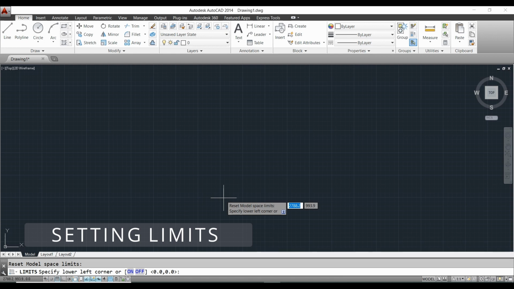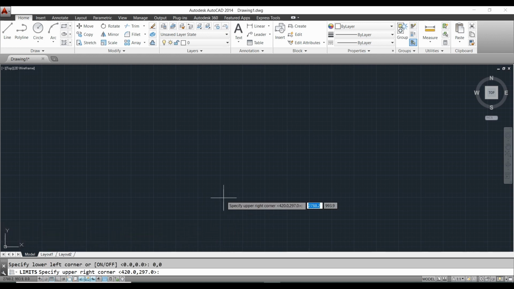Let's set the lower left corner as 0, tab 0 and press enter. Now it is asking for the upper right corner. Here it depends on our drawing. For example, I am typing 200 tab 250. So it changes according to our drawing.